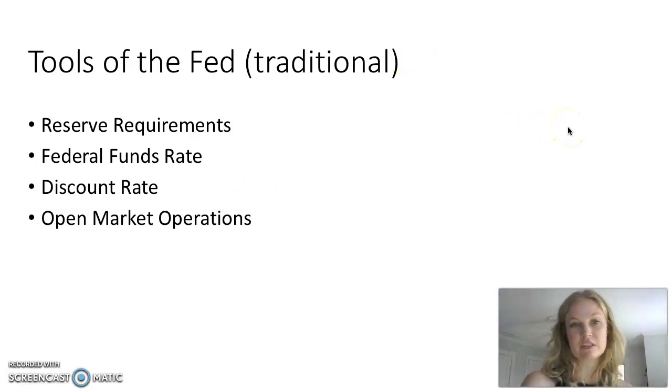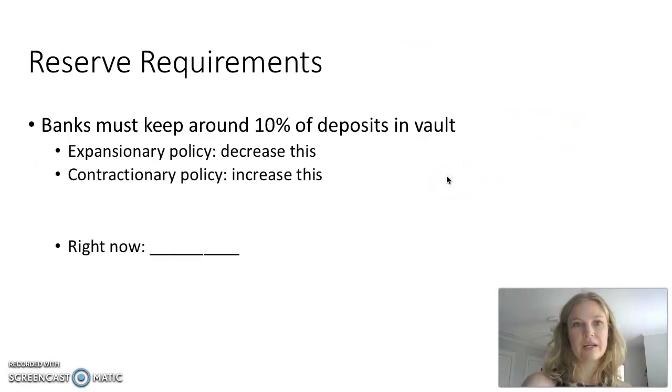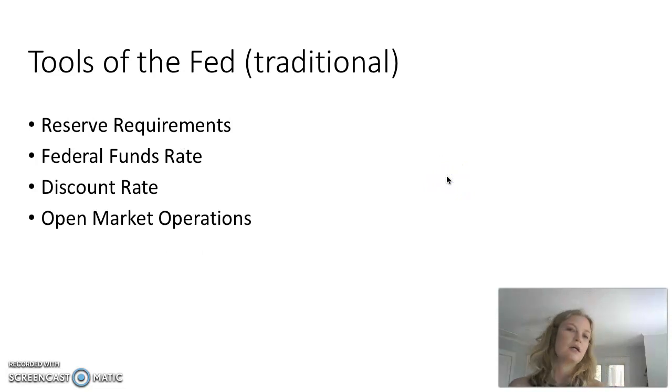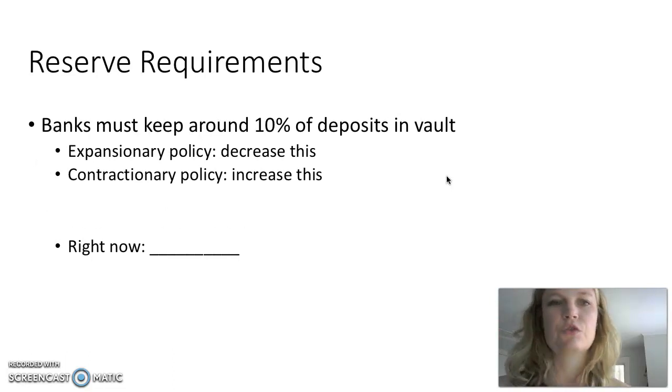This is how I learned it, and this is maybe how some of you guys learned it. What happened is the financial crisis came along. Mr. Ben Bernanke, who by the way is one of my favorite economists of all time, was like, we need some new tools, so he introduced some new tools. And what we're focusing on in the economics of COVID is Mr. Jerome Powell, who said, COVID hit, we need even more tools. Okay, so I'm going to start with these traditional tools, and then we're going to talk about what's changed. So the first is reserve requirements. So banks must keep 10% of deposits in the vault, usually. And so expansionary policy would be to decrease it.